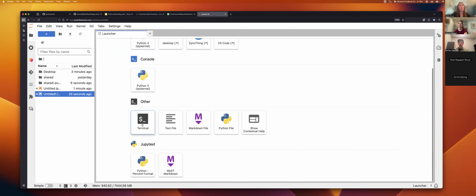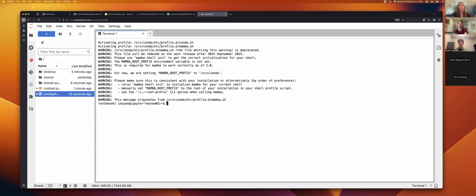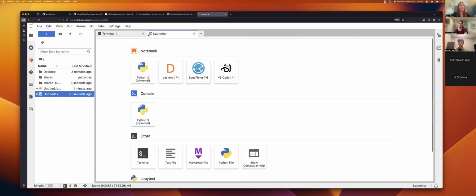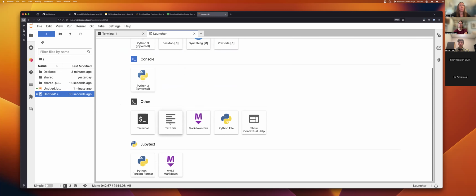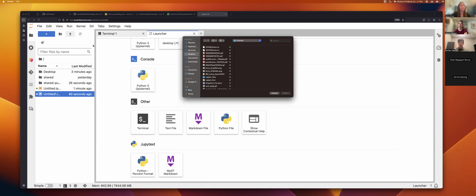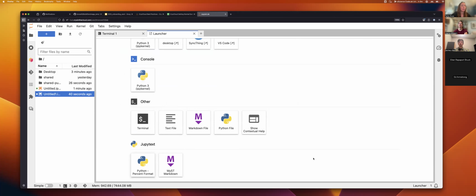You can open up Terminal, which is your command line, and run your command line like you would on your computer. Create text files, markdown files, if you want just .py, things like that. All of that is from this little button here. You can add a new folder, upload data. So there's two ways to upload data from your local computer. You can either upload it here, or